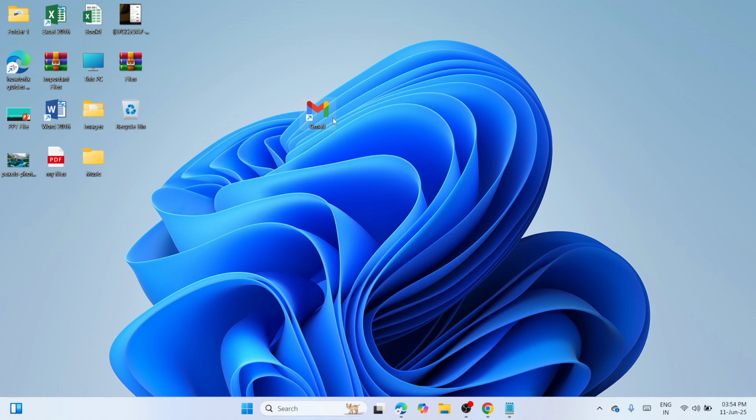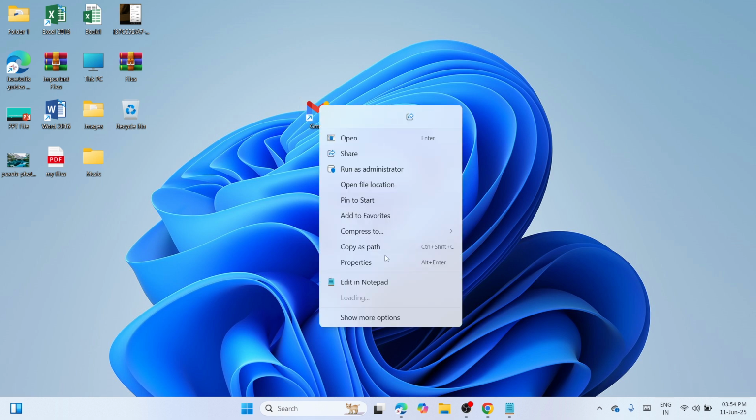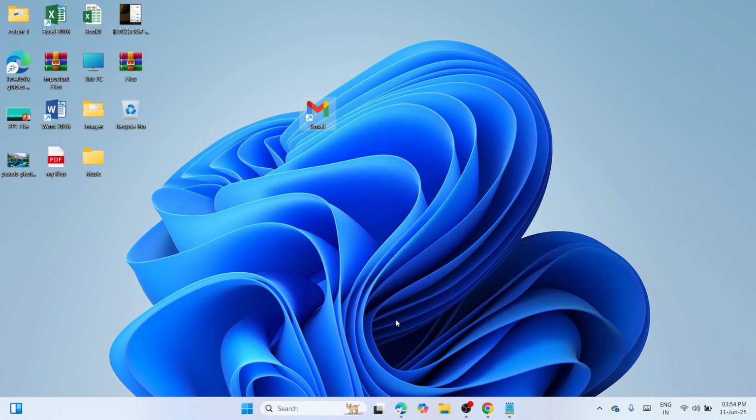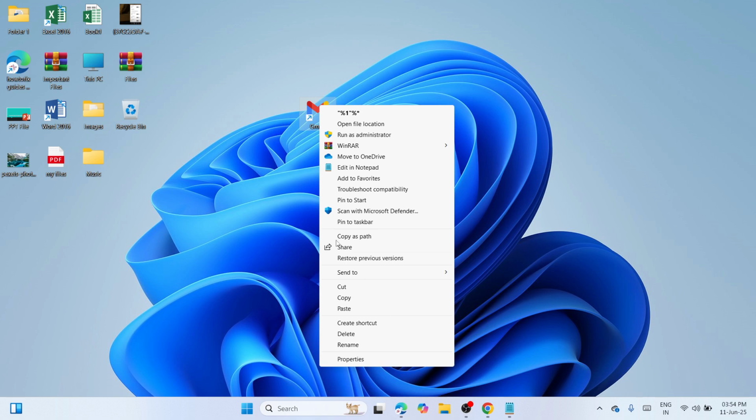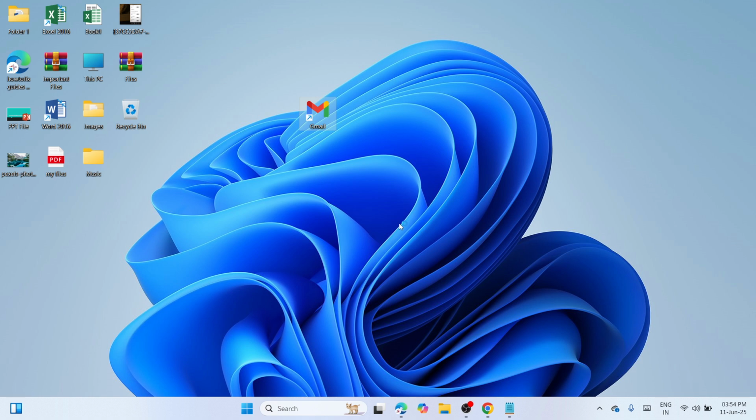it to the taskbar. So by that, you need to select it, and while selecting it, you need to make a right click and then you need to proceed here under this show more options, click on that one. The moment you click on it, you'll be able to open this kind of window where here you'll get to see the pin to taskbar next to scan with Microsoft Defender. So click on it, and in that way, in a few moments, you'll be able to pin it here to